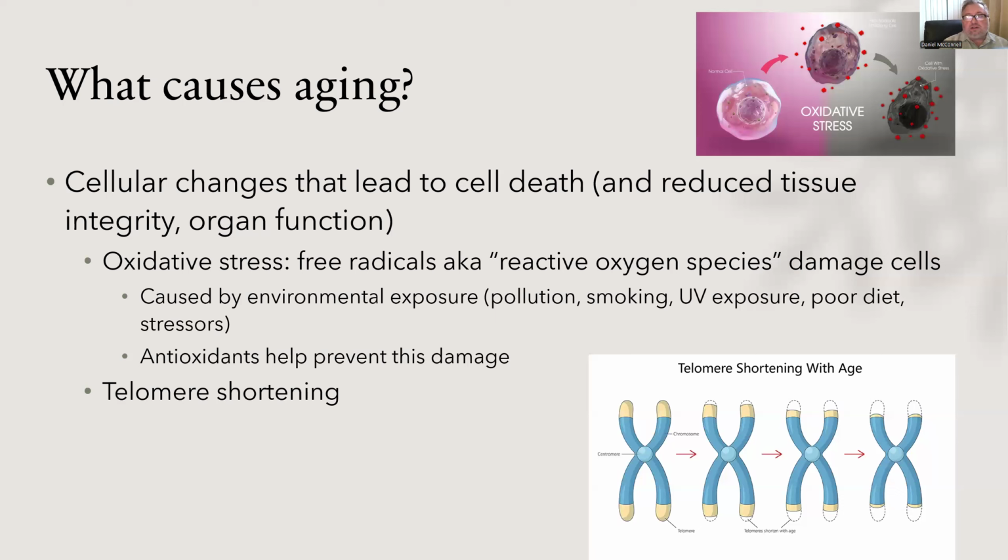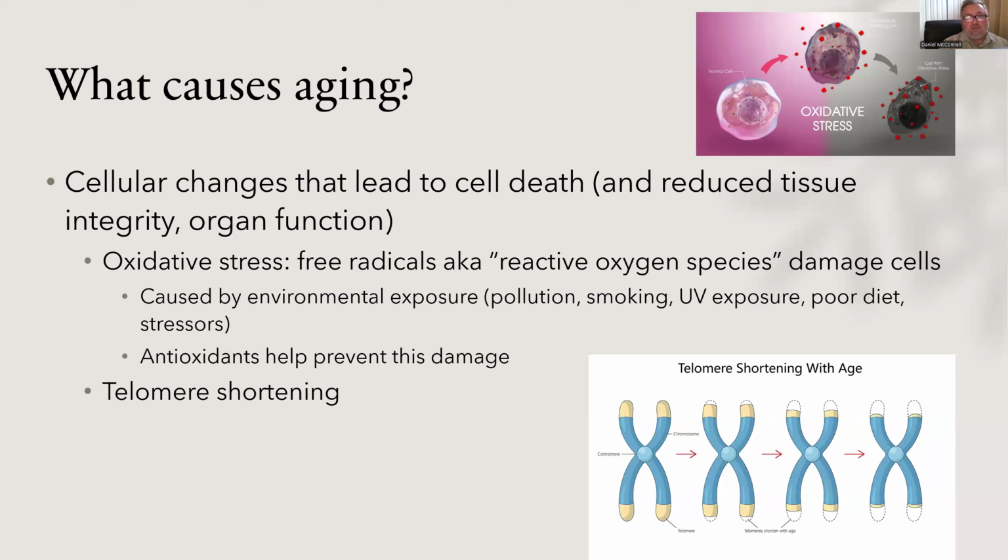So ultimately, when these cells become damaged, I got a little bit of an image here at the top that's showing what's going on there. Eventually, the cells die. All of the tissues in our body are made of different kinds of cells. We've got muscle tissue and bone tissue and organ tissue of various types. And as cells in those different systems and tissues start to die off, the tissues themselves lose their functionality. They lose their integrity. If it's part of an organ system, then organ function may start to decline gradually over time as well.